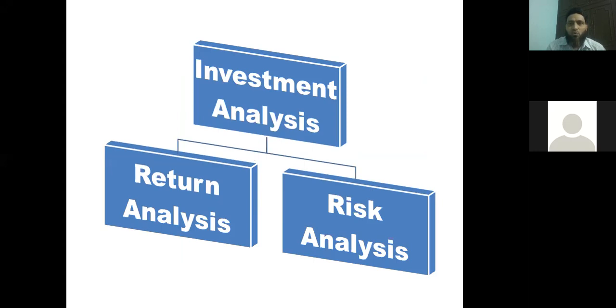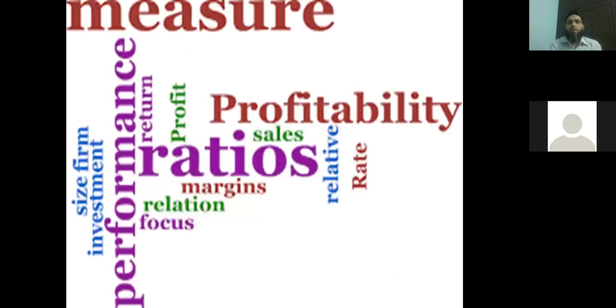A student must know the procedure and the kind of knowledge they need to have, and how to analyze, how to investigate the profitability aspect of every investment. As far as the profitability aspect of investment is concerned, you have to rely on accounting data, like the profit and loss account and balance sheet you have prepared,